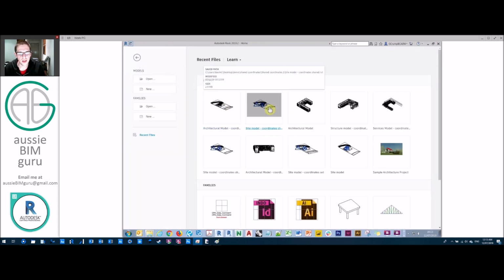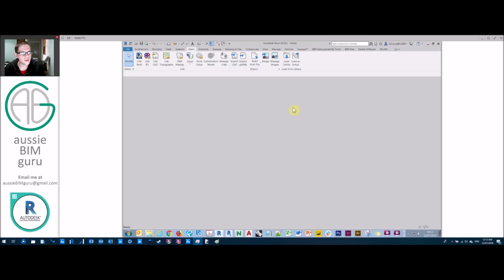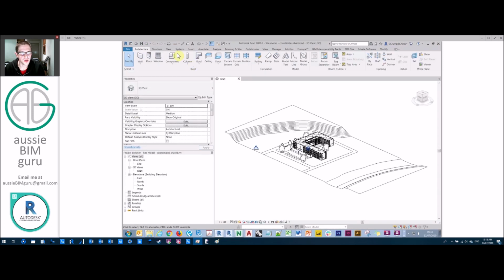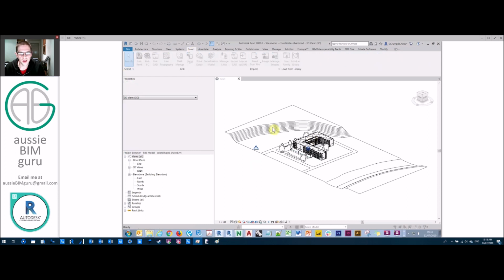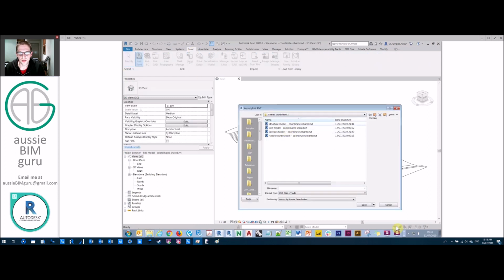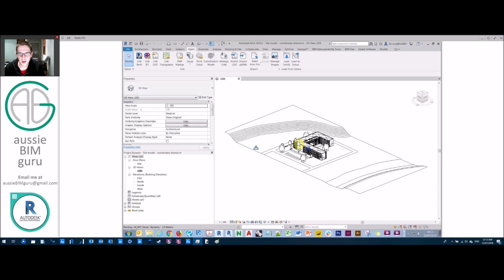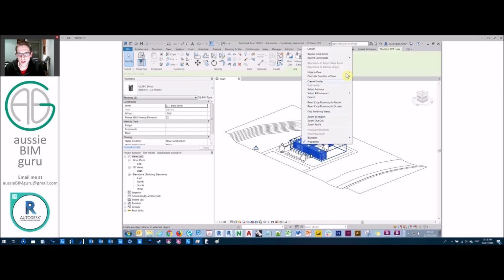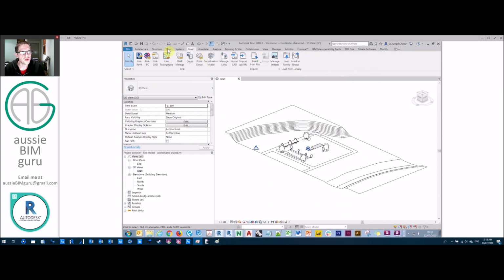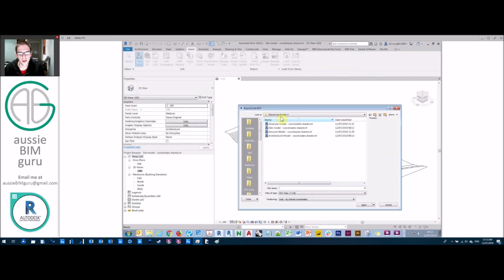Obviously, the next thing we need to do is actually go and do the other two models as well. And these ones are quite simple. So we'll just go back to our site model. And note that I'm always going back to my host of my shared coordinates. That's really important. You've got to use the same model to establish those relationships. So I'm just going to hide my architectural link so that I can just focus on my structural link now. So we're going to insert our structural model, but we'll do origin to origin,